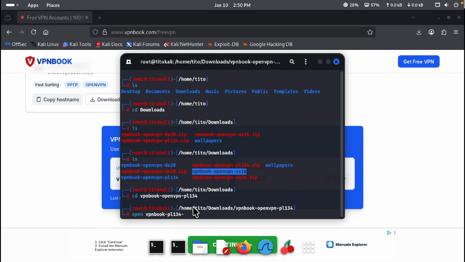We're in the PL134. No, actually, we're going to have to CD into this because we got to see what servers we can connect to. CD, OPN. No, we're going to do VPN book, and then let's just type it out just so we can get in the habit of that. OPN, VPN,